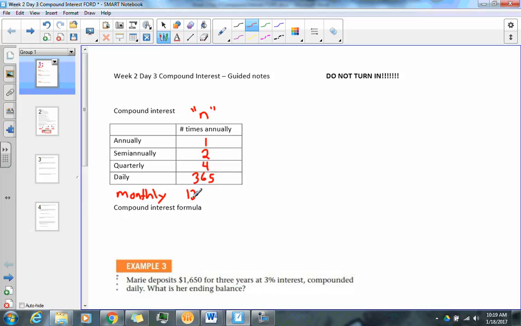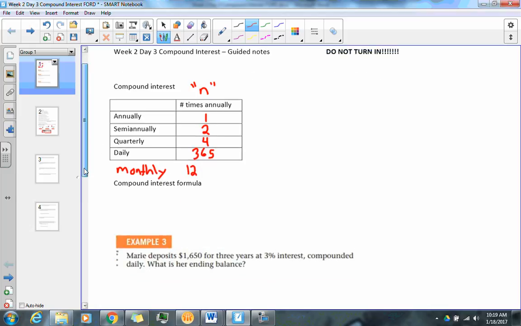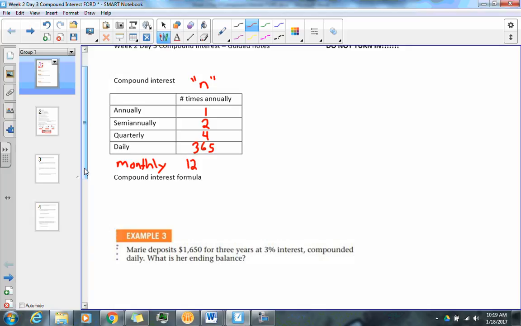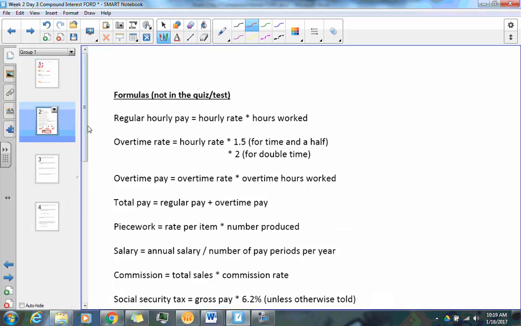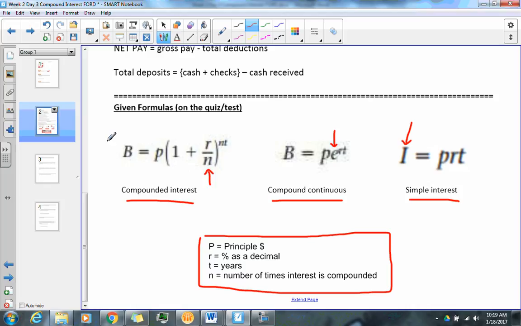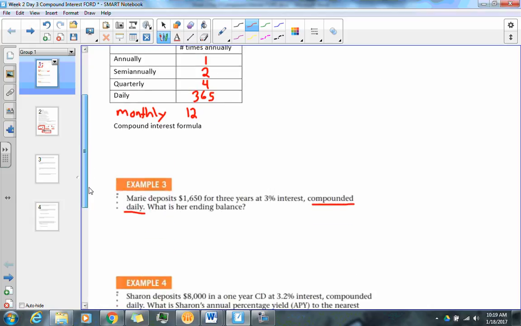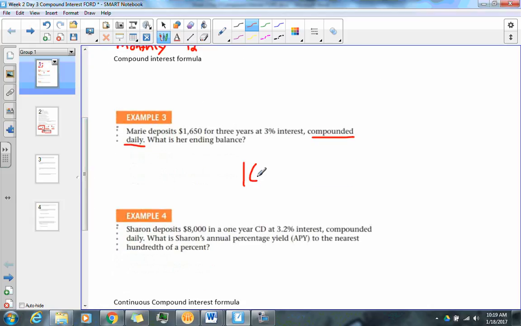All right. Now, not to oversimplify this, but a lot of this stuff is just plug into your calculator and press enter. All right, so Marie deposits $1,650 for 3 years at 3% interest, compounded daily. What is her balance? Now, when you hear the word compounded and then daily, those words, it's going to be this formula right here, the big formula, okay? Because that is the only one where N comes into play, which in this case is going to be daily. So here's how you'd set it up. It'd be 1650,